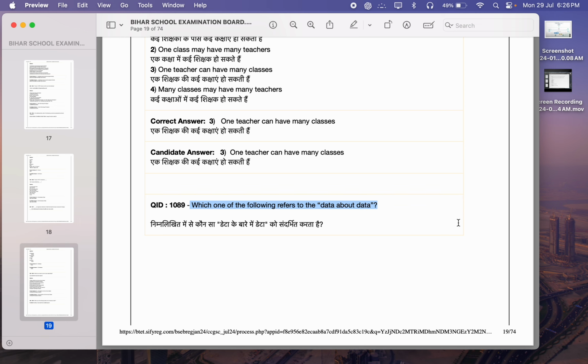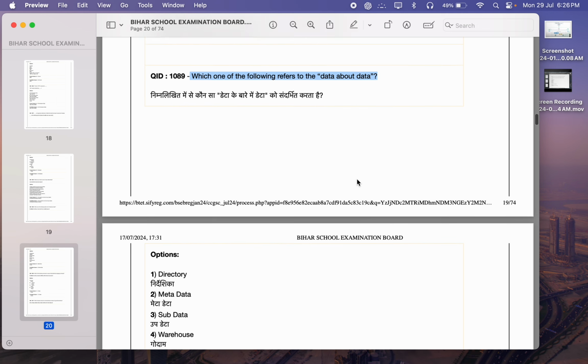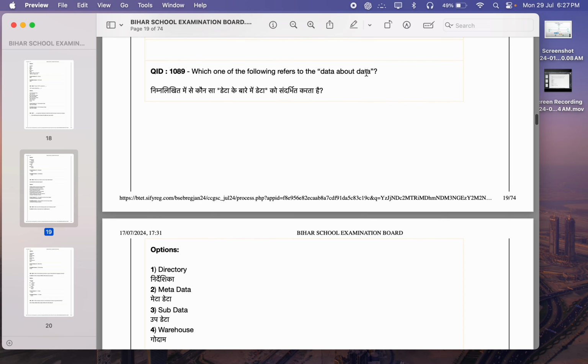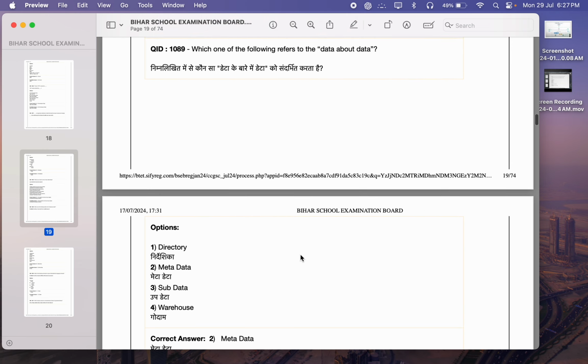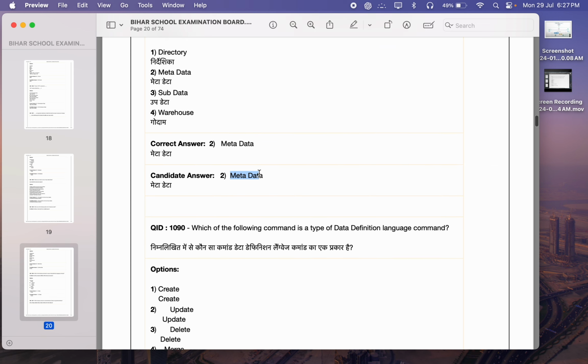Which one of the following refers to the data about data? So if you have a table, you need something to describe your table. So that is your metadata, and that is what is asked here, data about data. You want to understand what that data means. So that is stored inside a metadata table